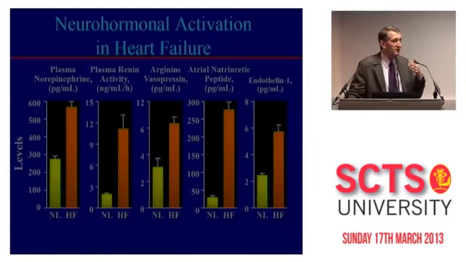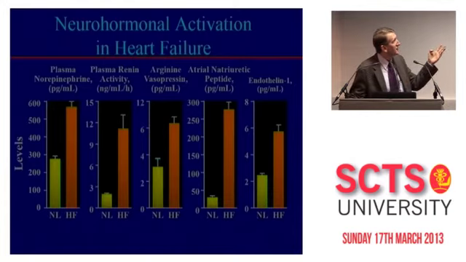heart. So the typical scenario is a patient has a myocardial infarction maybe 10 years ago, and they get lost to follow-up, and then they end up in my clinic. They may have had an ejection fraction of 35% after the infarct, but they come back to my clinic 10 years later, they've just been following with their GP, they've been on a bit of beta blocker, a bit of ACE inhibitor, and now their ejection fraction is 10%. The question is, why has that ejection fraction gone from moderate dysfunction to severe dysfunction? They haven't had any further coronary events. The issue is that the neurohormonal activation has essentially destroyed the rest of the heart that was working after